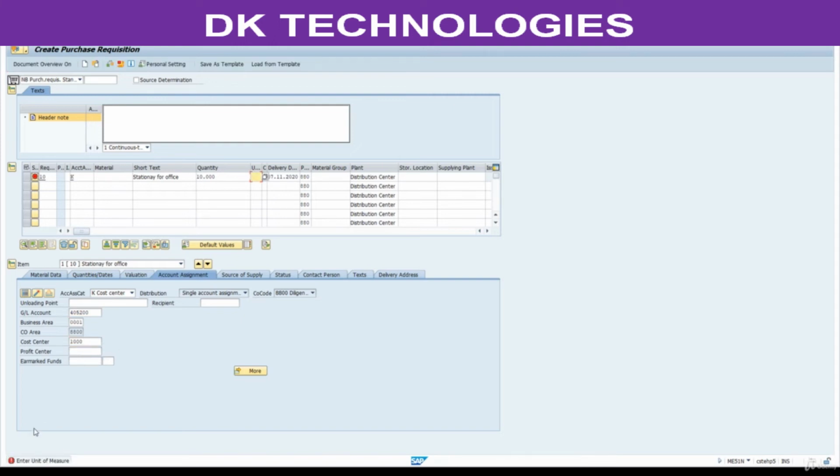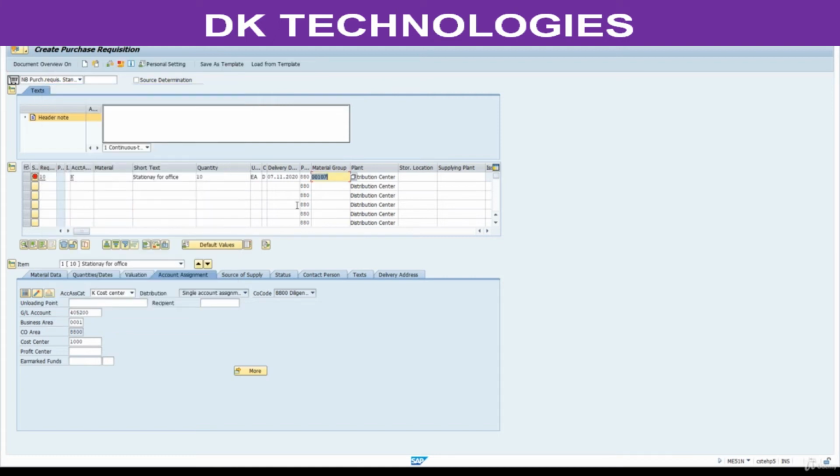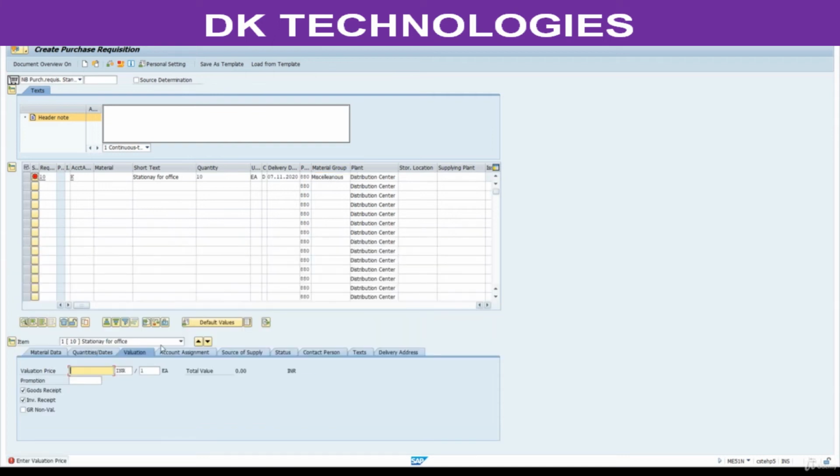What is the issue now? It got resolved. Right now we are not getting this. We are getting enter units of measure. Each. Material group. Since a material group is created at client level, take anyone. We are not going to create any new one here. Select this miscellaneous. Here valuation price. System is asking valuation price here. What is the price? So price for this is 10.